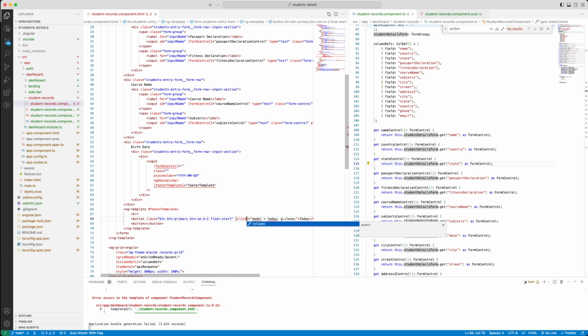Now something similar we are going to be doing for the close. So copy this entire stuff here, then here at the level of click, let's just put d dot close only. Let's just remove this, and now let's put a closing tag here, and then let's just put class as